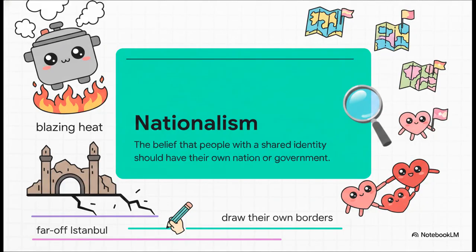And that wave was nationalism, the belief that a group of people with a shared identity should have their own nation or government. As this ideology took hold in the 19th and 20th centuries, it acted like a blazing fire under our Ottoman pressure cooker. Different populations were no longer just culturally distinct, they were actively politically motivated. The fundamental belief that communities with a shared identity possessed an inherent right to draw their own borders and govern themselves directly challenged the Sultan's authority. This tectonic shift in ideology is a vital root of the geopolitical earthquakes that would soon follow.